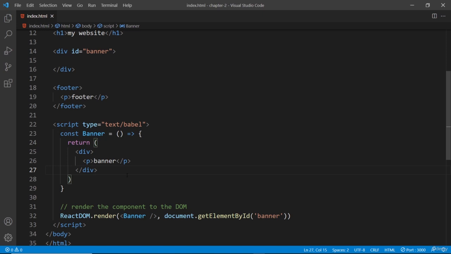So, like I said, JSX is very similar to regular HTML, but there are some slight differences. The main one, which you're going to run into most often, is the class attribute, to add CSS classes to elements. For example, I might want to give this div a class of banner so I can style it later on. Now, in JSX, we don't use class as an attribute because in JavaScript class is a reserved keyword. So instead we need to use the className attribute whenever we want to add a class to an element in our component template. And then when our component is compiled and rendered, this is output as a regular class